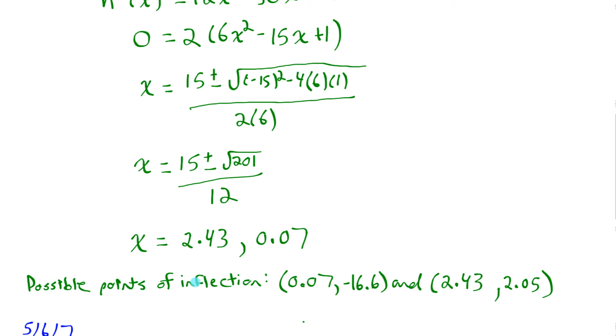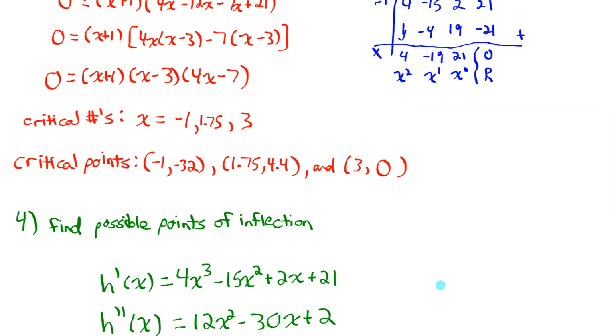We're going to make a chart that's going to test the value of the first and second derivative in intervals around each of the critical numbers and possible points of inflection. And if we had any vertical asymptotes, we would need those as dividing points as well, but we don't have any vertical asymptotes. So I've got 2 possible points of inflection and 3 critical points. So I have 5 dividing points. So that means I'm going to need 7 vertical